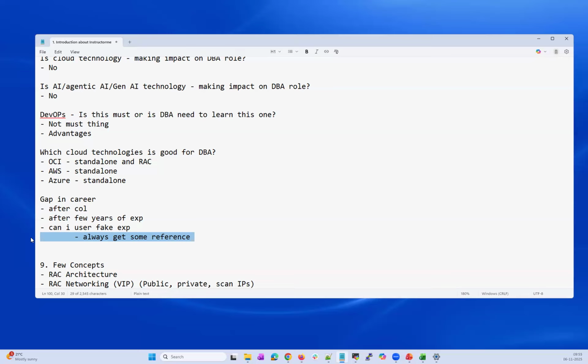Your production is running on-premises. You configure your standby database in cloud, and then you can do replication from on-premises to cloud. Later you can do a role change, make that cloud standby database the primary, and then make the on-premises database the Data Guard standby, and later you can break this standby database.